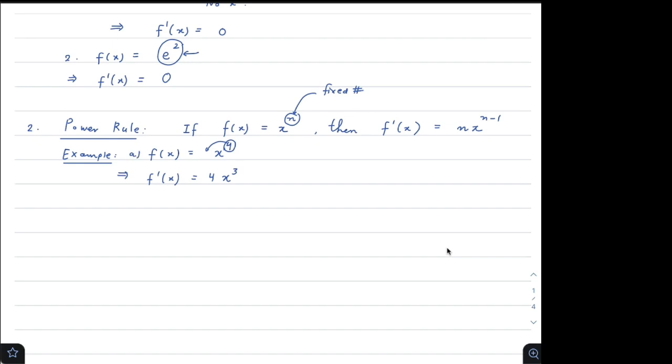Similarly, if your function is defined as x to the power negative 2, then its derivative would be, which is same as